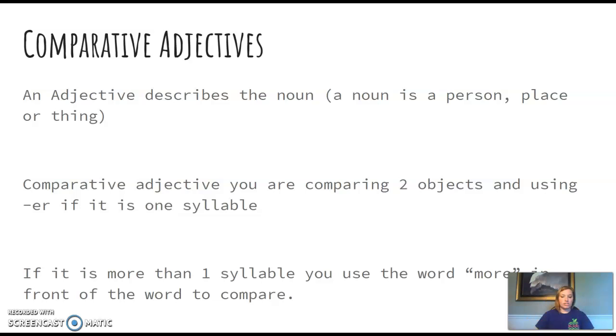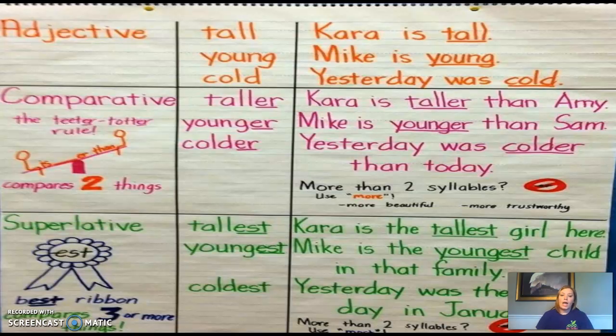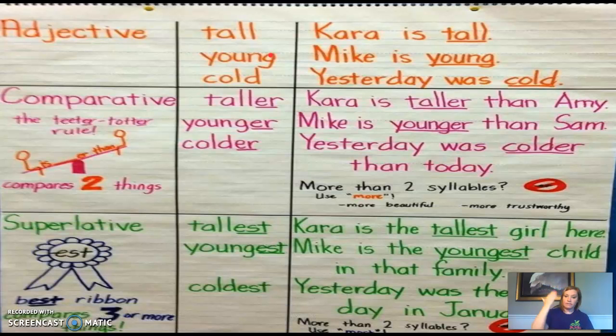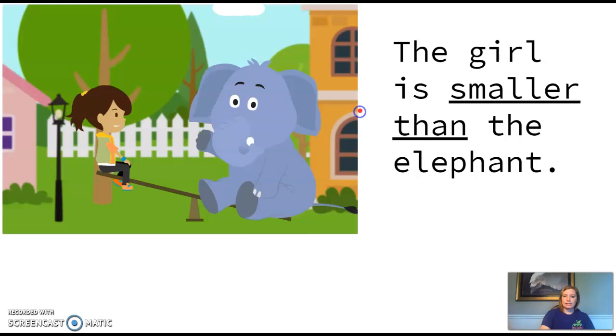So let's give it a shot. Here is your adjective. An adjective describes. The girl is tall. The boy is young. Yesterday it was cold. So when we're comparing objects, let's take a look. We're adding the ER. The girl